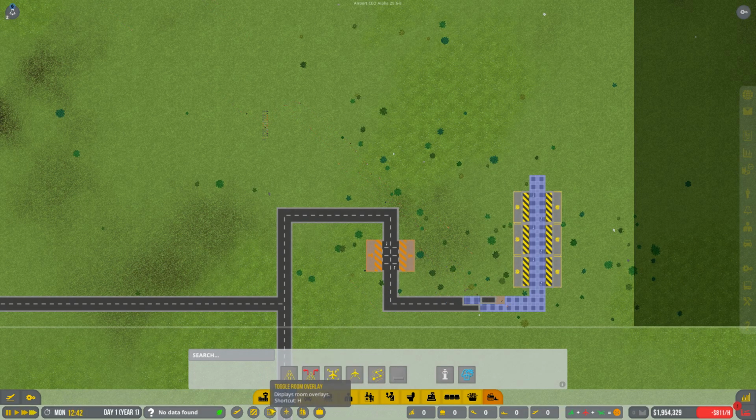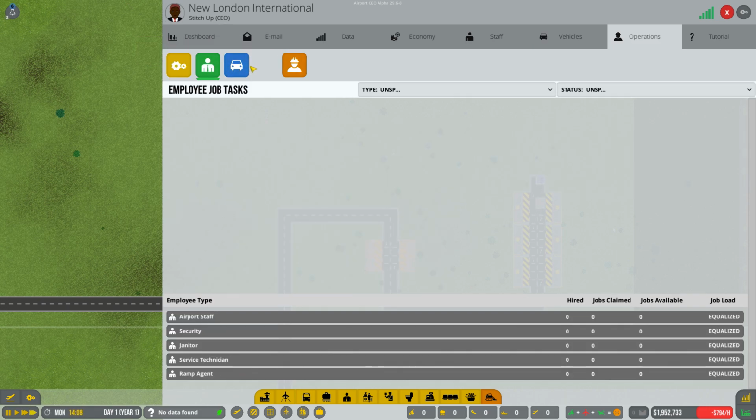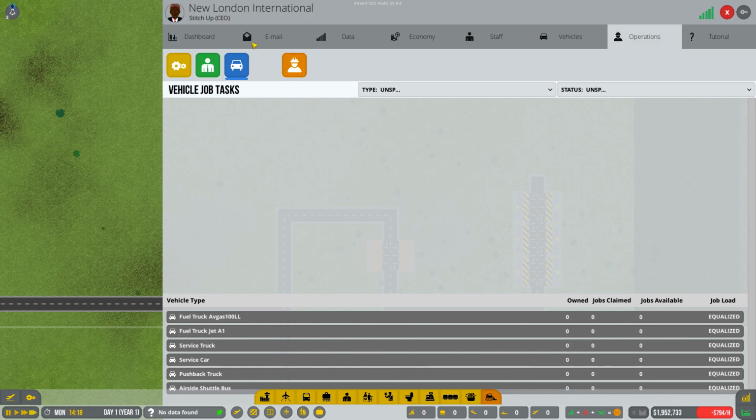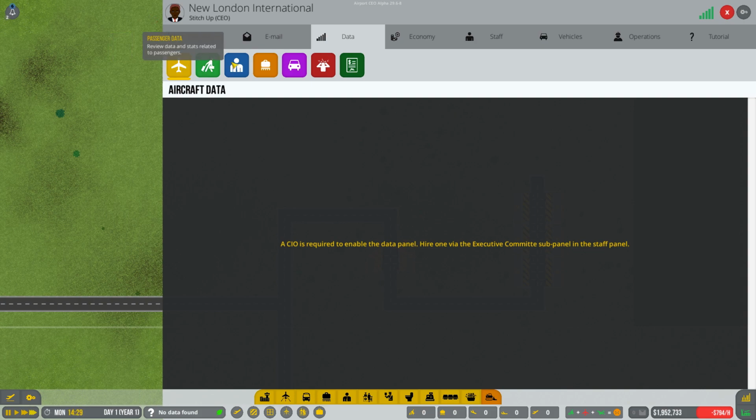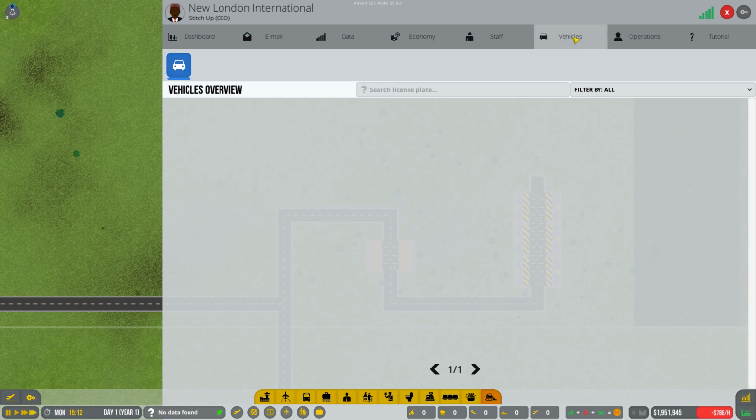In the meantime, let me just have a little hunt around for stuff. What is this? Airport status. Critical state. Airport closed. Okay, we'll go airport open just to see what happens. Yep. And let me see. It's airport control panel, employee job tasks, vehicle job tasks, and construction. Yep. Okay. Maybe we don't need to research stuff. So data. These are all your graphs and things, are they? Economy. Oh, that's your budget. Staff, vehicle, operations, tutorial, staff. He's there. Vehicles, operations,